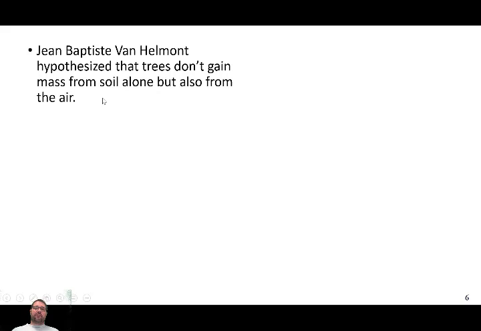A better hypothesis for Hamilton's research would be: trees gain mass from absorbing products from the air. Okay? Or absorbing one thing from the air would be better if you have the capability of measuring that. And another hypothesis would be: trees absorb material from the soil,